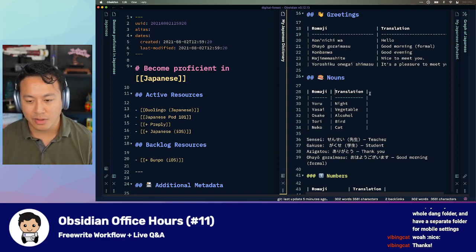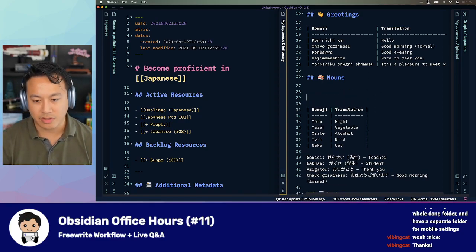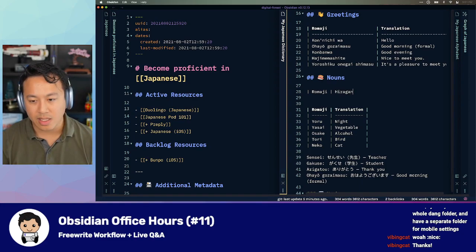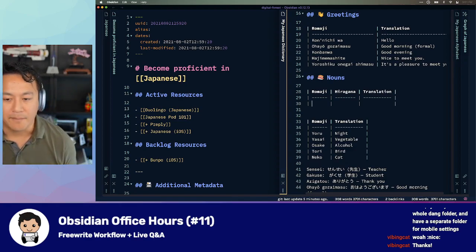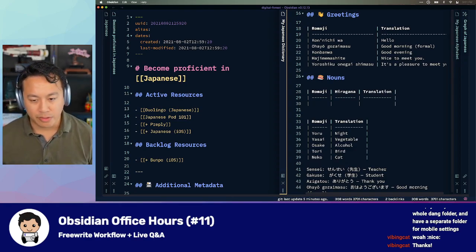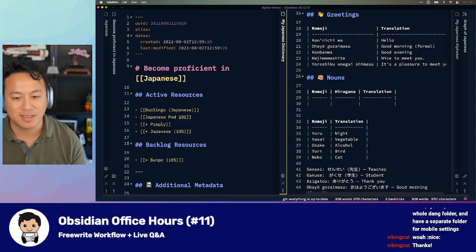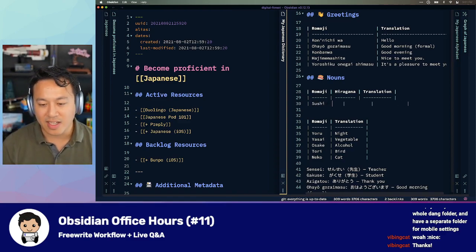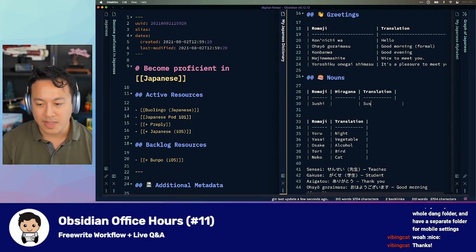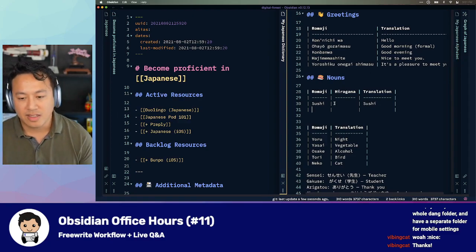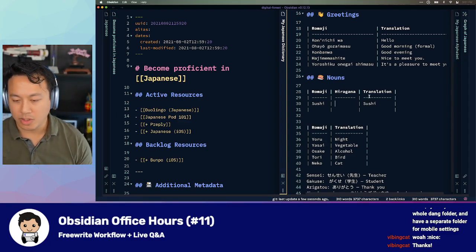So let me show you how this would work. I'm going to create a new table so I don't botch the original one. So I have the romaji, and then I'm going to write the hiragana, and then I'm going to write the translation like this. Okay. So what's interesting is, for romaji, let's do one that I actually learned recently that's not even on this list. It's sushi. So sushi is literally written exactly as you would expect. Sushi. And then for the hiragana, what I would do is switch over to my hiragana